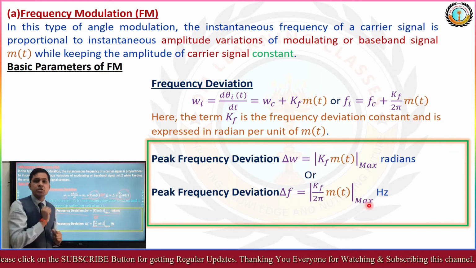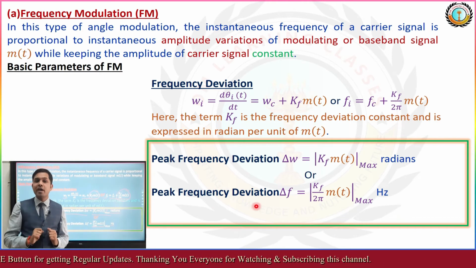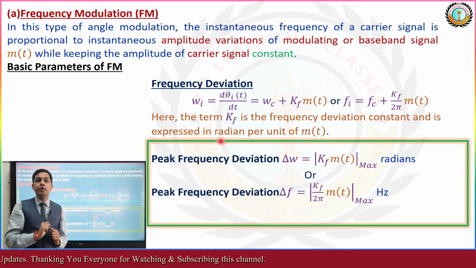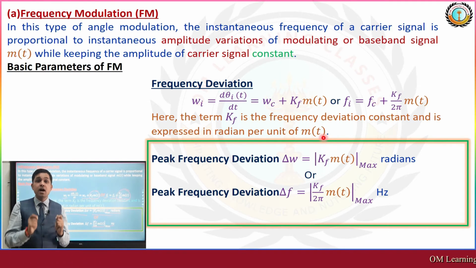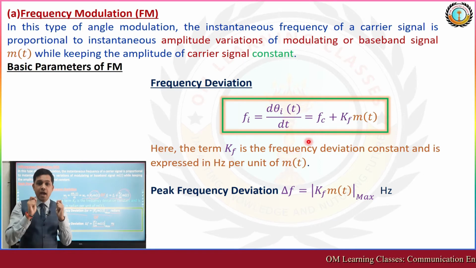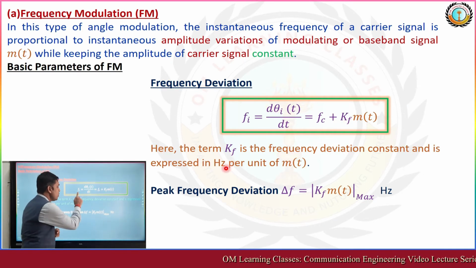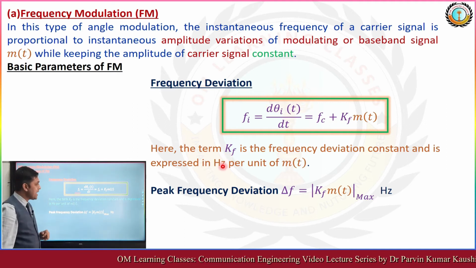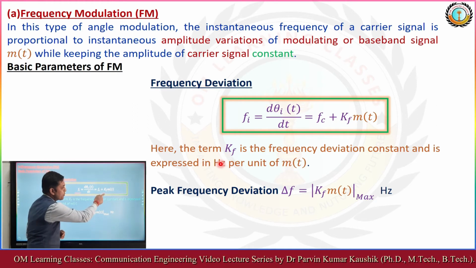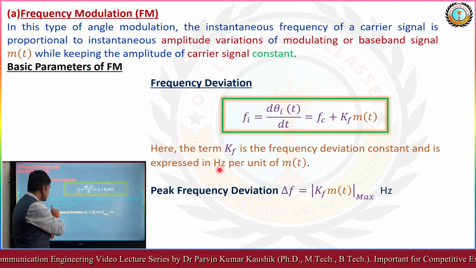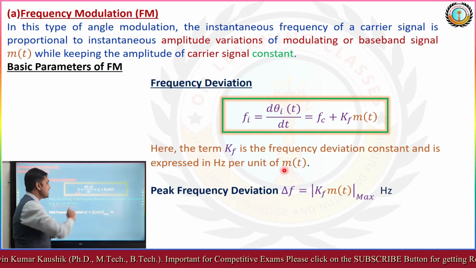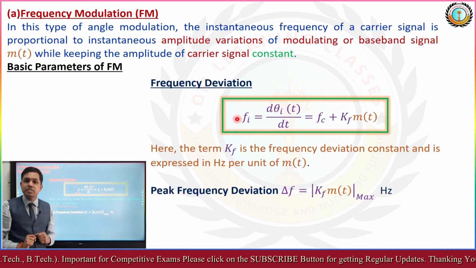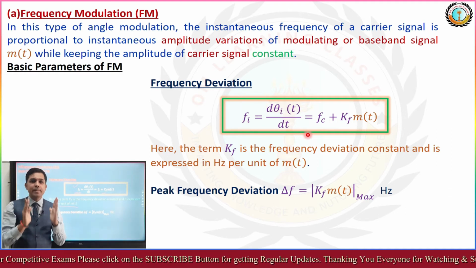And both the representations are there when the unit of kf is radian per unit of m(t). Now we take the consideration when the unit of kf is hertz per unit of m(t). Here we can find out the fi, and we consider the unit of kf is hertz per unit of m(t) signal, and with this we can get the value fi that is equivalent to fc plus kf